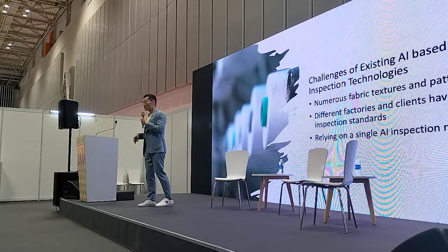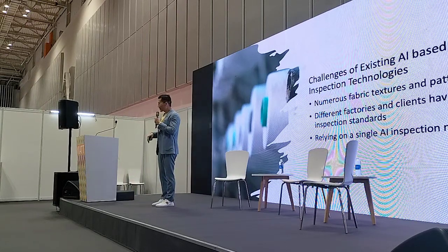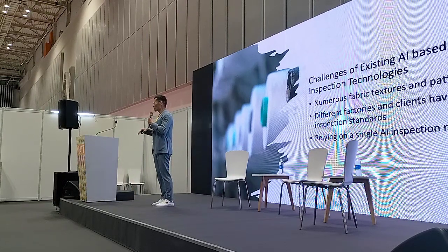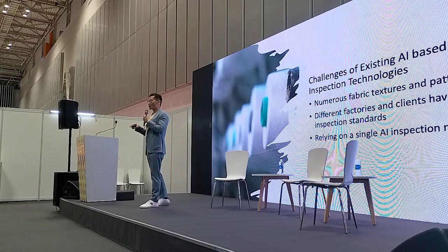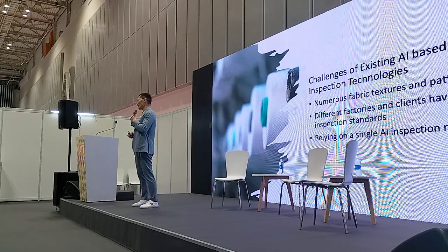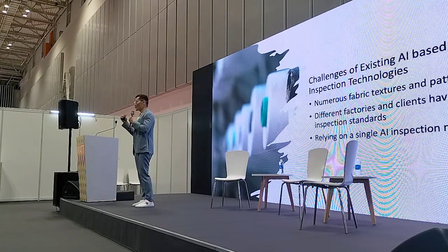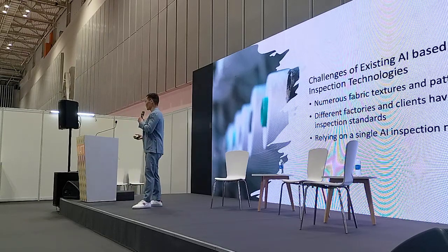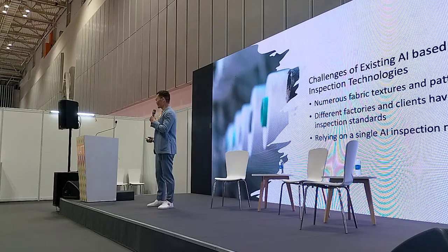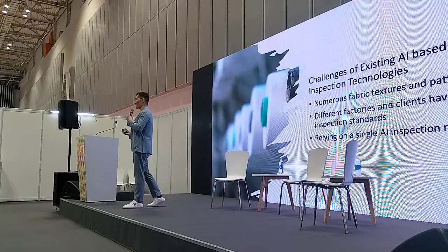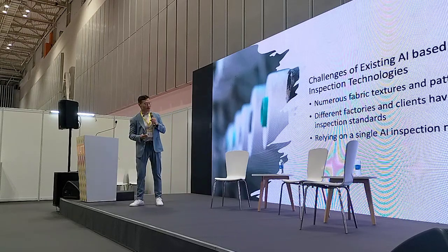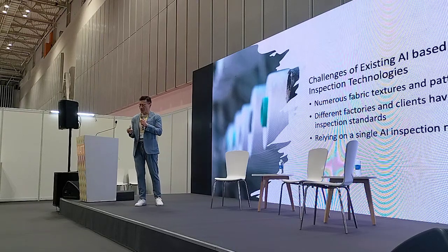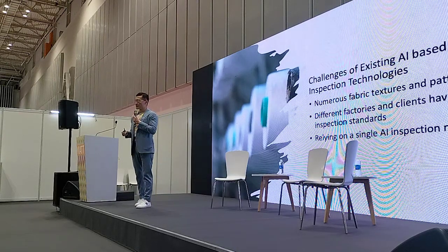But right now, up to now, we can't see that any factories are adopting the AI inspection on a large scale. So it means that even right now we have a very strong AI model, AI techniques, particularly in these 2 to 3 years, we have ChatGPT, Midjourney, DeepSeek, very recent, good technology. But the factories are still relying on human. Why?